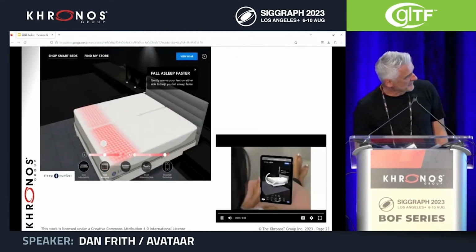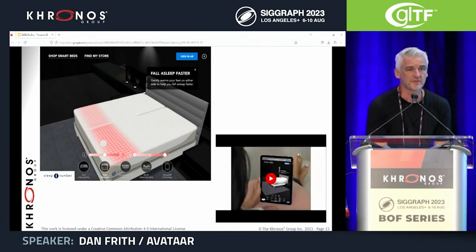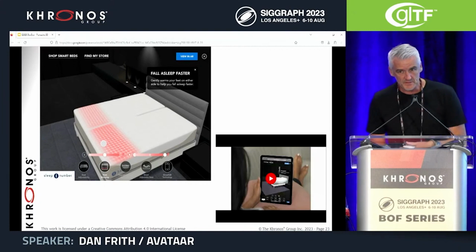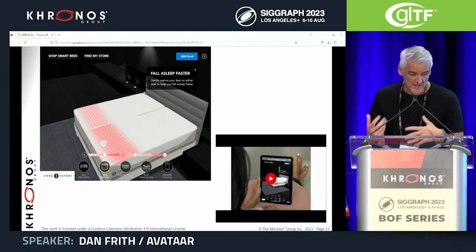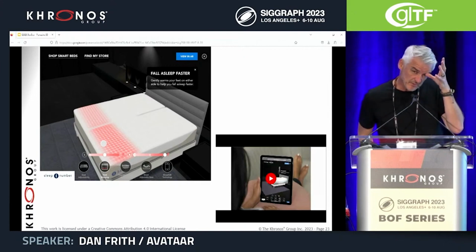Another example here is bed configurators. There was a huge conversion rate with Sleep Number, where suddenly customers were able to configure and actually put heat mapping on these beds. It made a huge difference to their traction, and a huge difference to their revenue, and actually it meant that some companies are seeing,